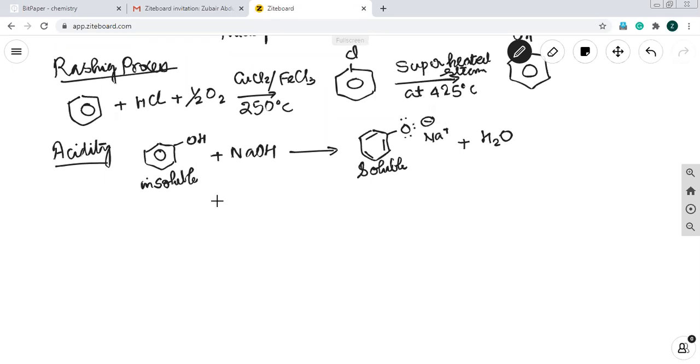But remember, if you do the same reaction with sodium bicarbonate, a weak base, there is no reaction. Don't forget it. If you are using a weak base, I write the word weak base, you will not get a